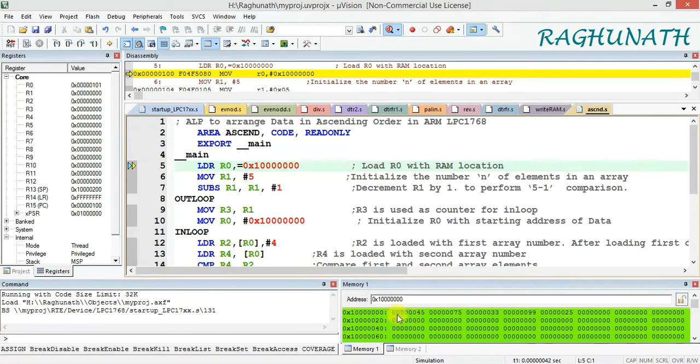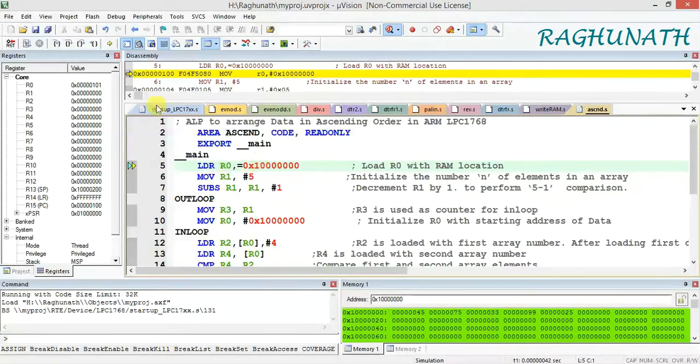After the execution, first you should have the minimum number, 25. Next 33, next 45, next 75, then 99 should come. In the bubble sort method, we have two loops. After the completion of the first inner loop, the highest data 99 will come to this position. Once that is done, these 4 data are not yet in ascending order. Again, you decrement the outer loop. After that, once again if you repeat the inner loop, you get the second highest data in this position. Again repeat, the next highest data will come here, next data here, and the least number here. So I will show the demo now.